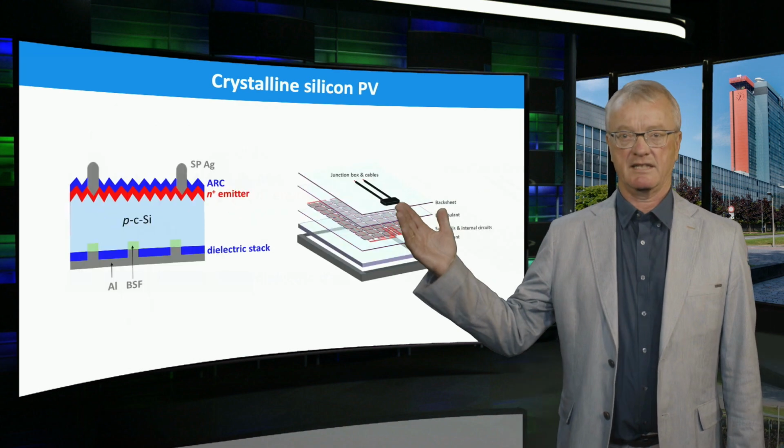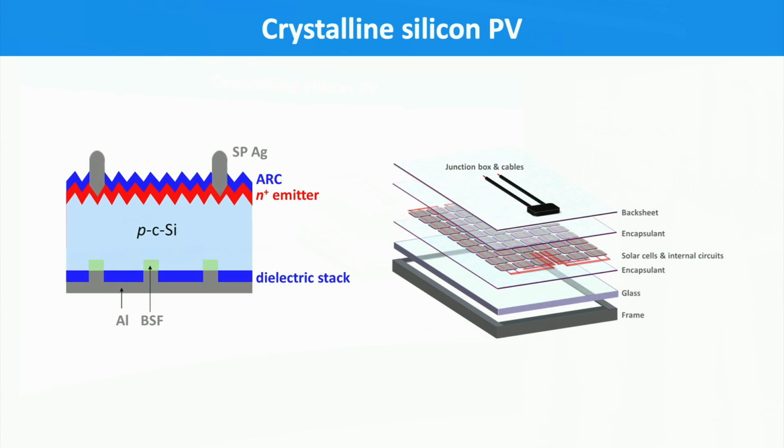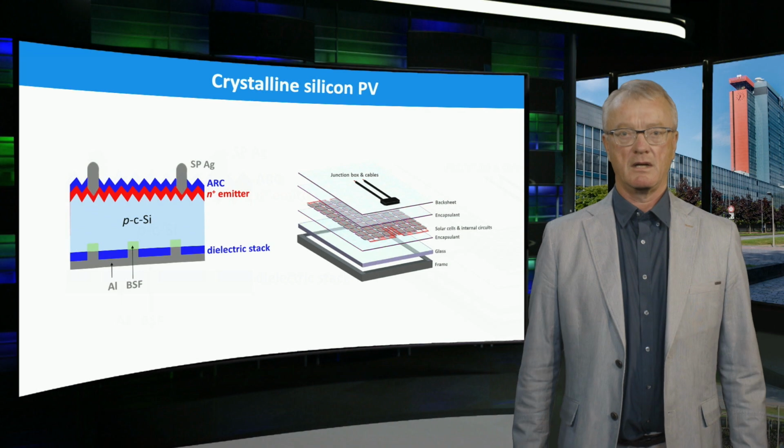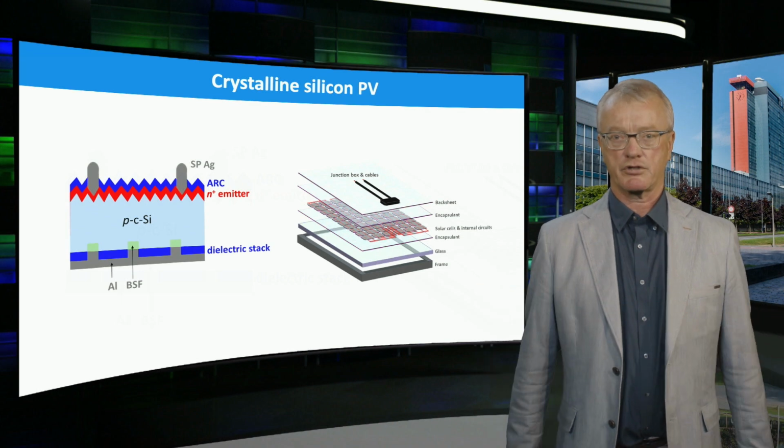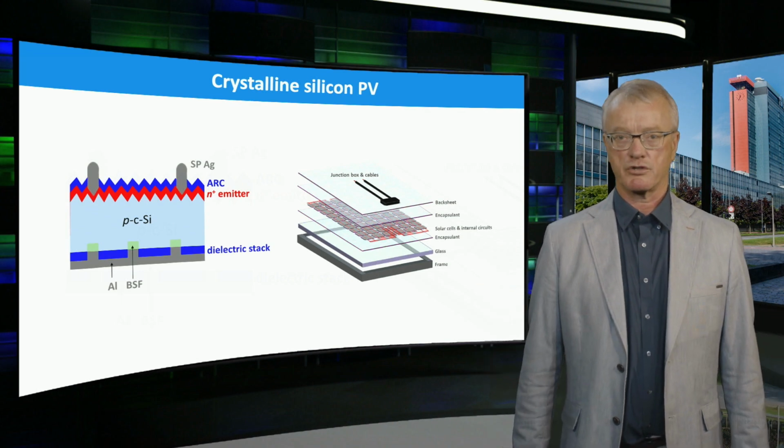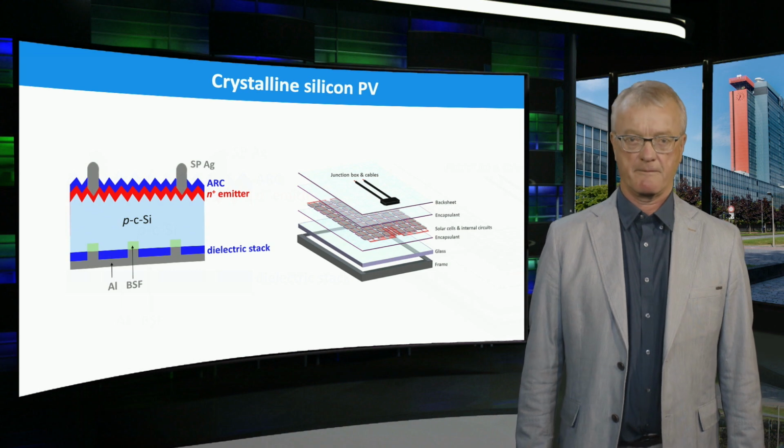On the right hand side, we see a simplified structure of a crystalline silicon PV module. It includes glass, an aluminum frame, polymers such as ethylene vinyl acetate, or EVA for short, a backsheet, a silicon wafer, silver electrodes, copper ribbons and a junction box. The module buildup and the functionality of each material composing the module will be discussed next week.